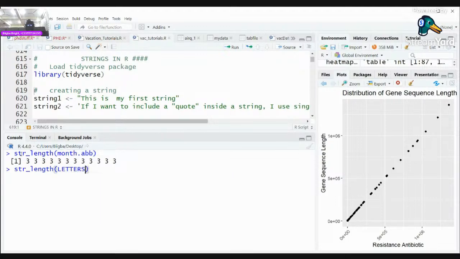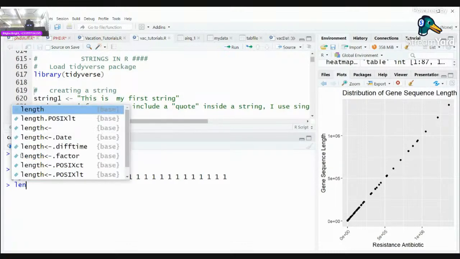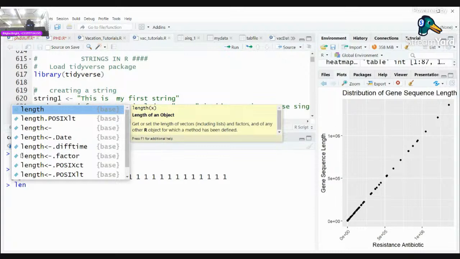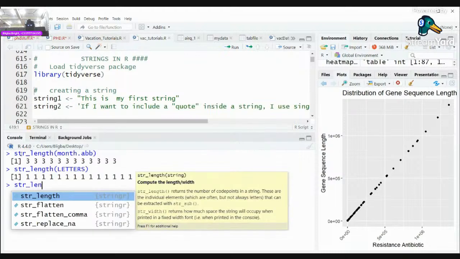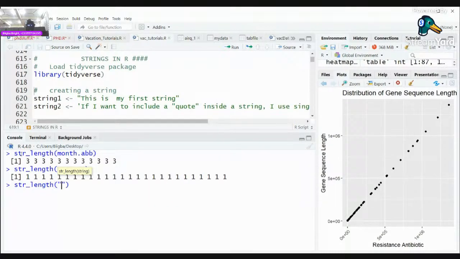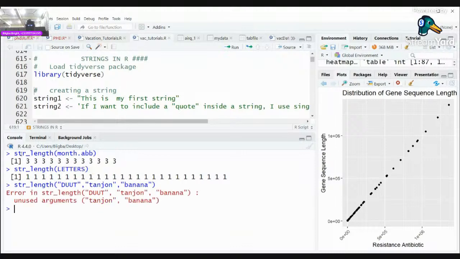No letters, so it should give you 1 1 because each letter is only 1. But if I decide to pick the length here, or if I say string length here, if I put a function and I just put, let's say, I can put all the names that you can think about. So if I put a name that is a string, I put another one there, and then another one, let's say banana, in that order. So if we run it,